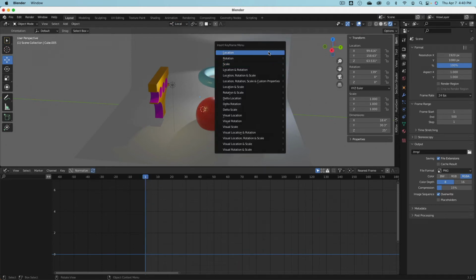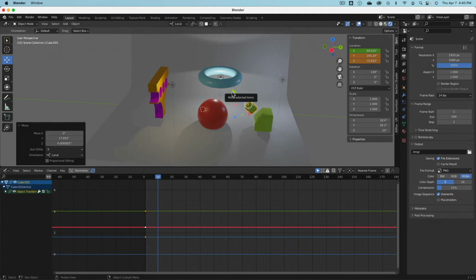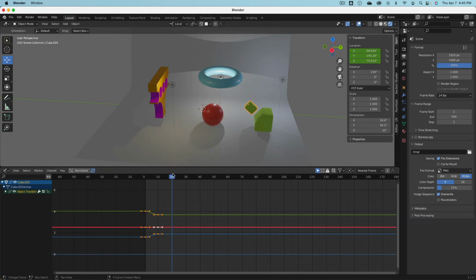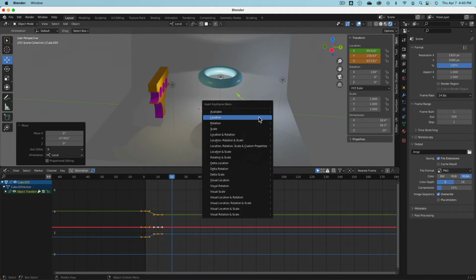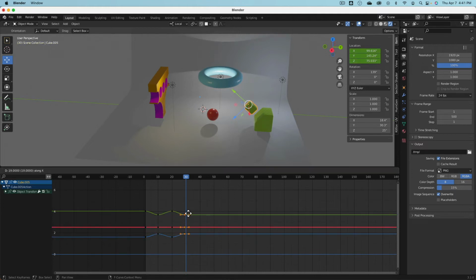We can select this one and here go to local and I go to frame 1. I press I and say location. And then I go to frame 10, move this to here, press I, location, go to frame 20, go back, hold control and snap, I, location, go to frame 30. No, I don't want to do this again. Look at this. We can actually Shift D and X. I can just make copies of keyframes. How cool is this? Shift D and X, zoom,